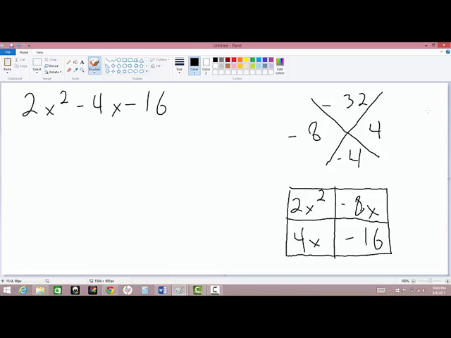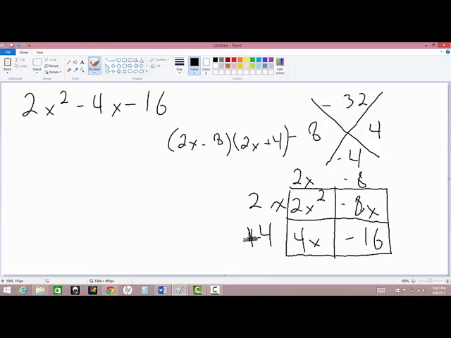Now, if we start taking out common factors here, notice just on this one, I'm going to be able to factor out 2x from the vertical left-hand side. I'm going to be able to factor out a negative 8 from the vertical right-hand side. The horizontal top, I can factor out 2x. I have 2x in common. Remember the sign, that's important. And on the bottom, I have a positive 4 that I can factor out. Now, if we look at these binomials that are going to come out of here, 2x minus 8 and 2x plus 4,